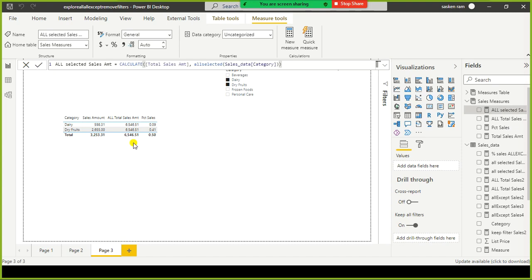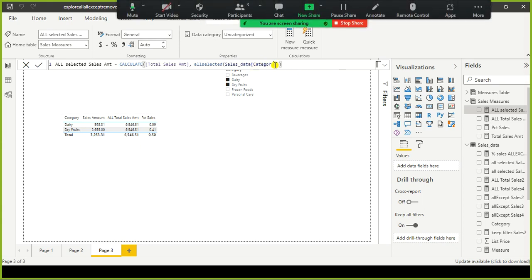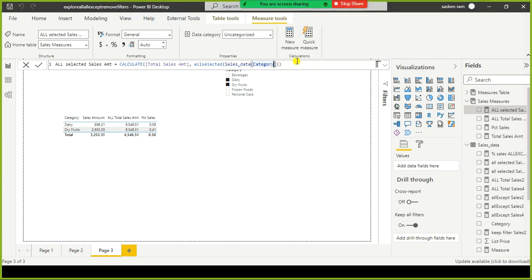As you can see here, in the denominator, we have used ALLSELECTED to remove the filter on the category column. In simple terms, it filtered the category column in the sales_data table on the selected column, category.